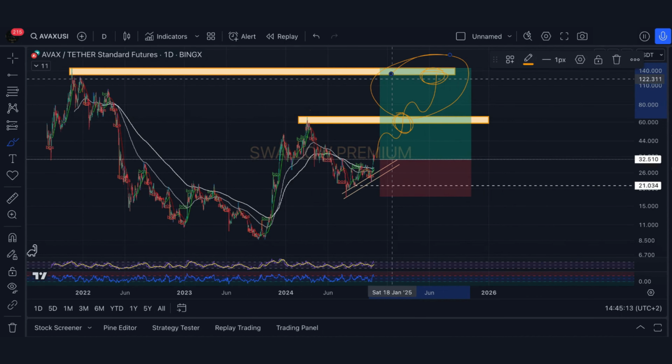Now this game plan, so overall fully this game plan here, can be seen only once we break out from the all-time highs again and again on the Bitcoin. But if we see that Bitcoin will move to the lower zones, then there's a chance of seeing some kind of movement to the lower zones.